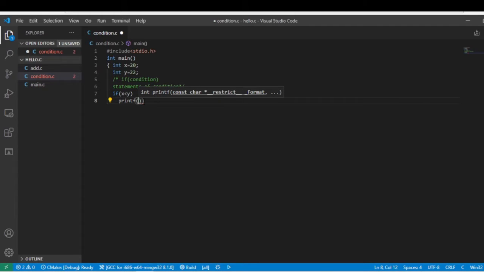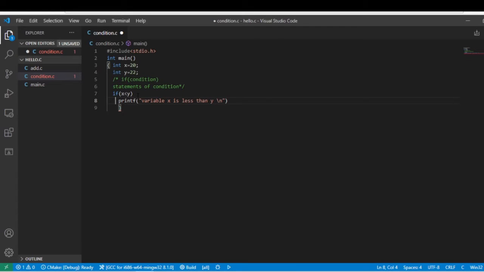Printf with quotes: variable x is less than y. If the condition is true, then it prints here: variable x is less than y.